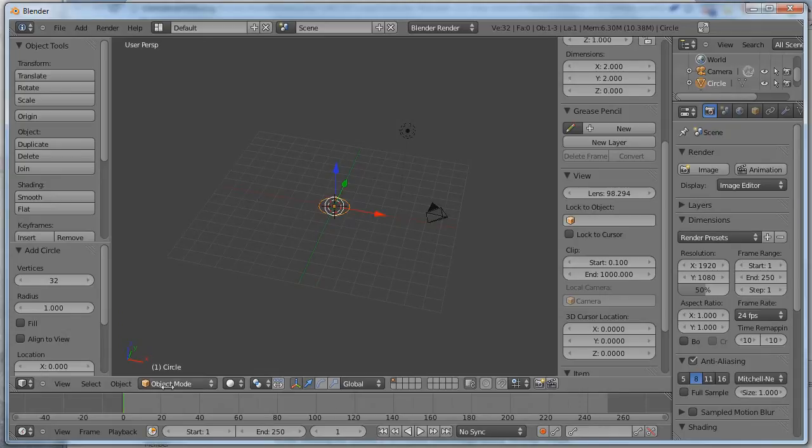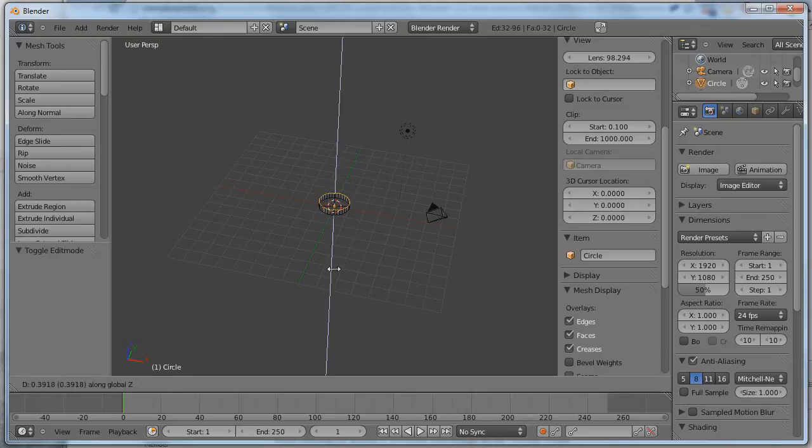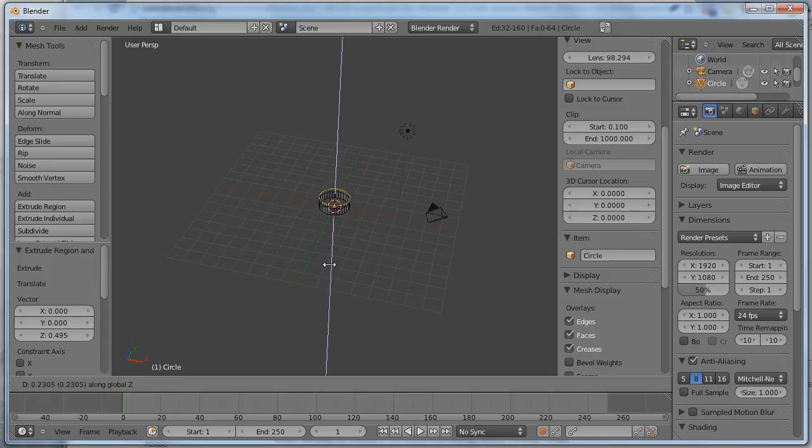All right, so we'll go to object mode, we'll go to edit mode, and then I'll select lines, edge select mode, extrude in the Z-axis, and I'll extrude a small amount, left click, E for extrude, Z for Z-axis, left click, E for extrude, Z-axis. I need a few of these curves here so that I can create a nice smooth shape at the